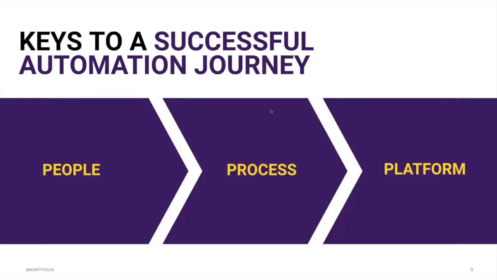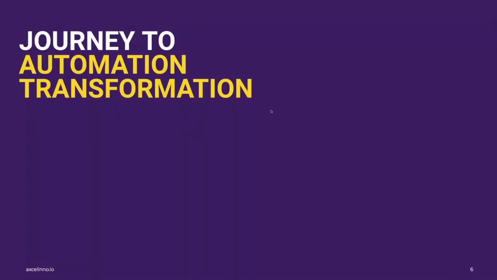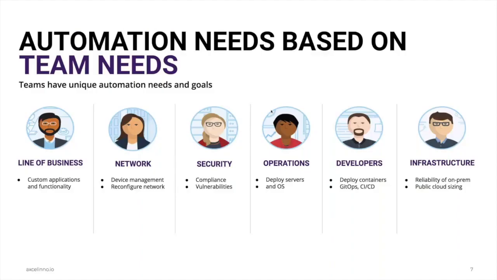So what are some keys to a successful automation journey? Three things here: people, process, and the platform. And we're going to dig into this. We've already touched on some of these things, but we're going to continue to dig into this further. So starting with people, when we think about the journey to the automation transformation,